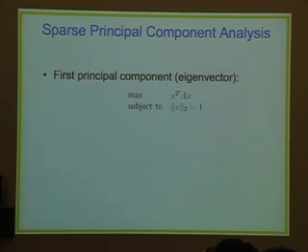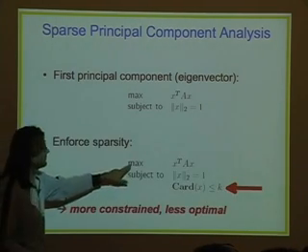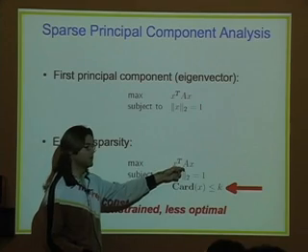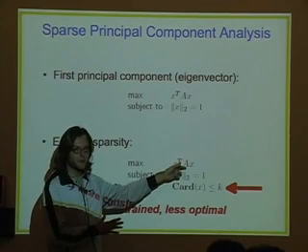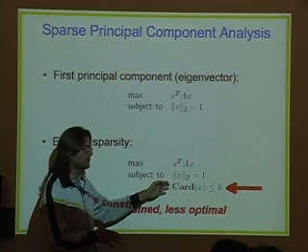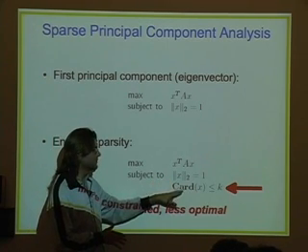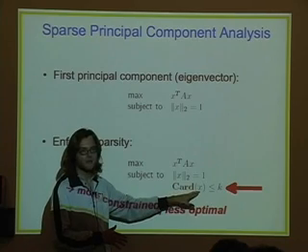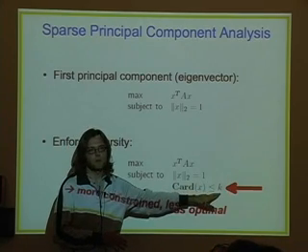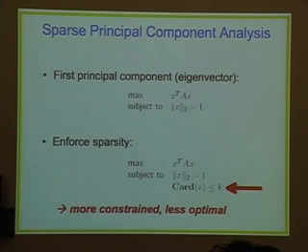But now what we would like to do is try to find the vector x that maximizes the variance when we project all the data onto it. We just normalize its length to be 1. But now we actually want to have an additional constraint here, which is that the cardinality, meaning the number of non-zero entries in this vector x, is smaller than or equal to some number k. So we just want, for example, 90% of the entries of this vector x to be 0. So we really want to enforce feature selection, okay?